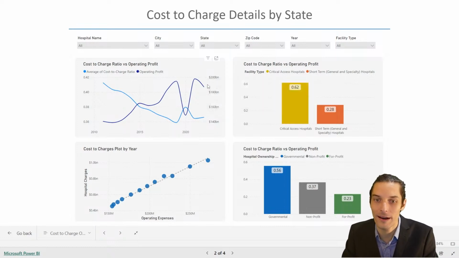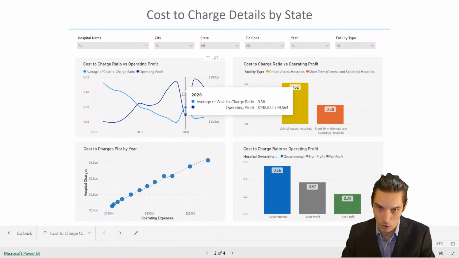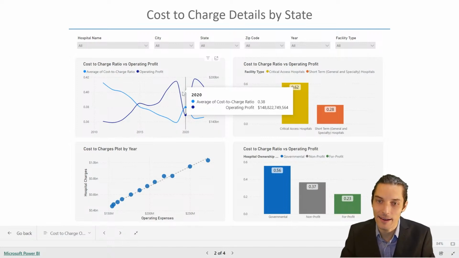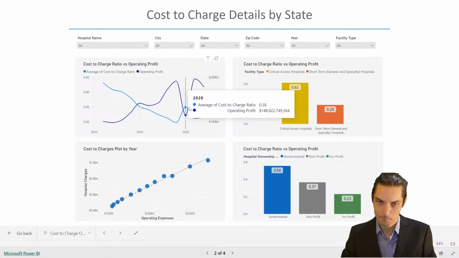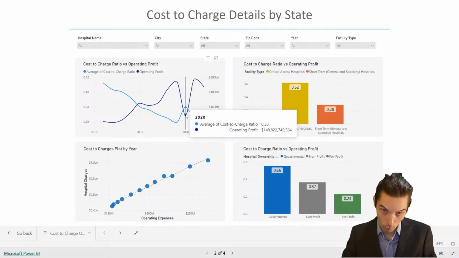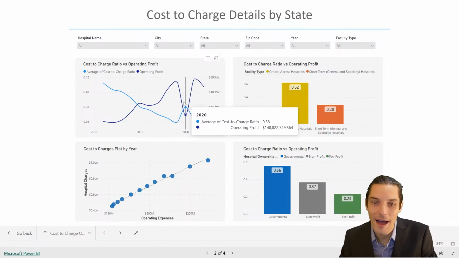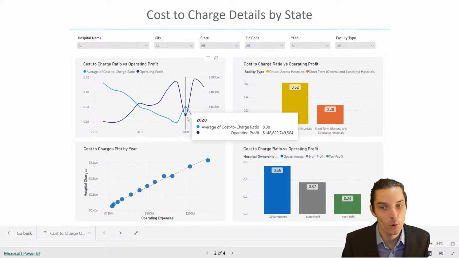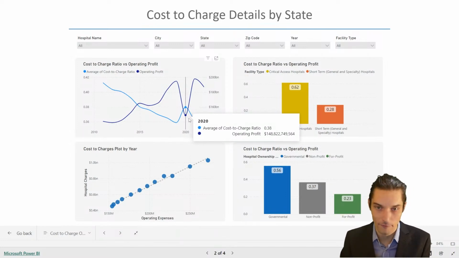I will note one of the more interesting things is 2020 was an anomaly, to where your cost to charge ratio came up from its downward trend to 0.38, and your operating profits essentially plummeted from their previous high in total of 194 billion all the way down to 148. So all this to say is that you had a convergence here to where your operating profits came down and your cost to charge ratios went up,